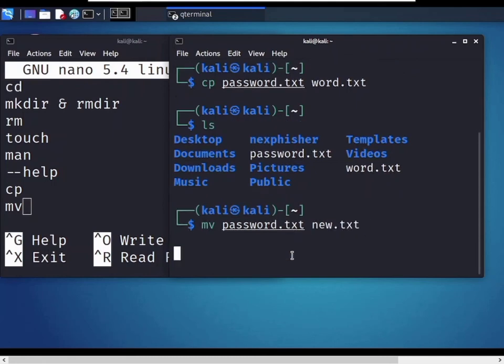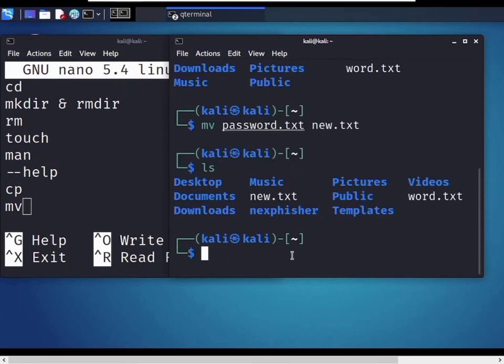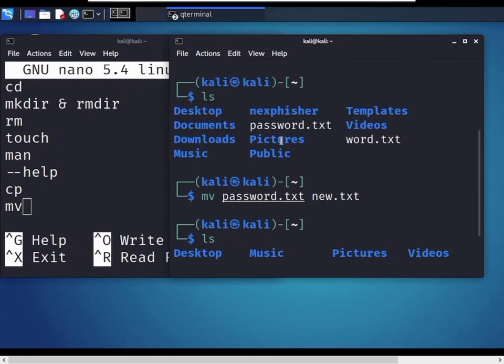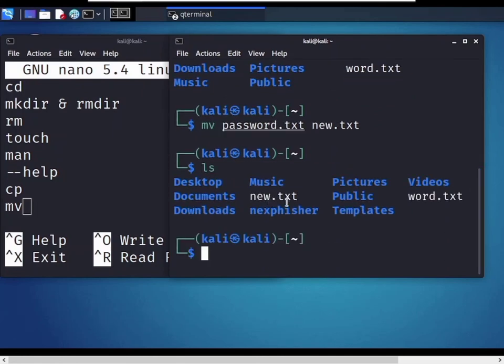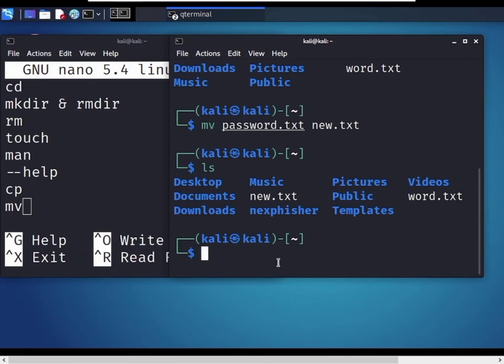New.txt. Now you see the password.txt file has changed its name to new.txt. So use this move command to change the file name.